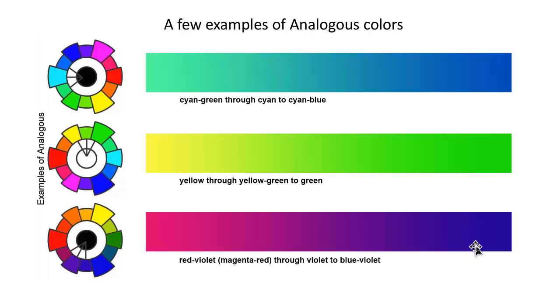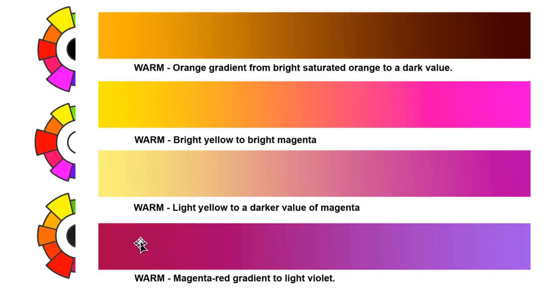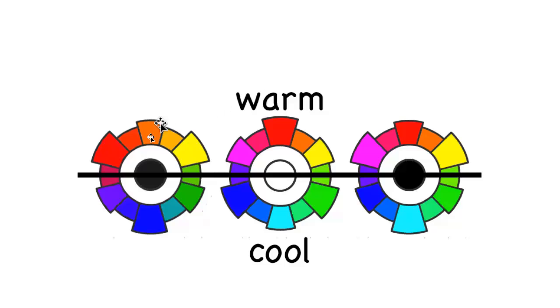When you are limiting the color schemes, you get a certain mood. Now this is a cool color scheme, this is a warm to cool color scheme, and this one is a warm to cool color scheme, but they're all analogous colors from different examples on these color wheels. Here we have warm and cool, right? So with warm and cool, we want to make sure that we understand the warm colors are closer to anything that suggests heat, or the emotional associations that we have, like passion and intensity and joy and brightness and energy. And then the cool colors that we associate with maybe things that are more calm,